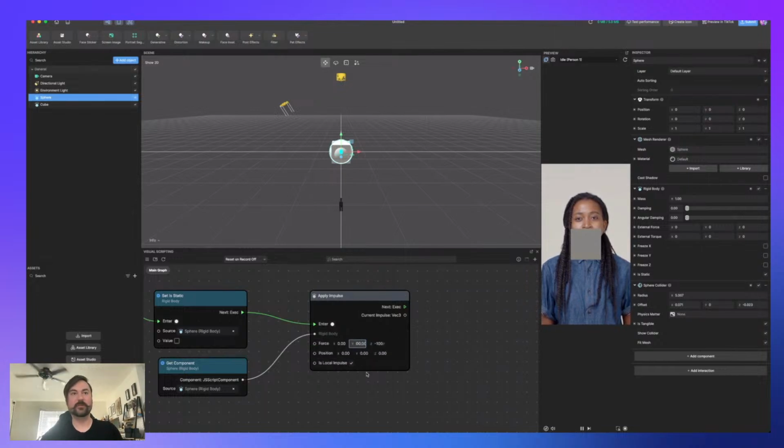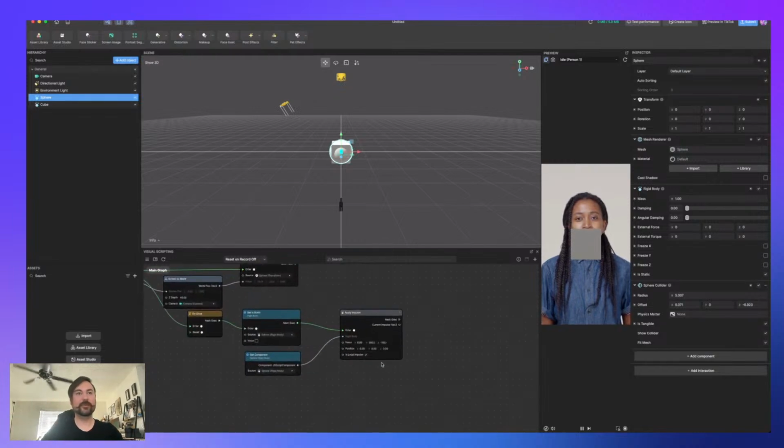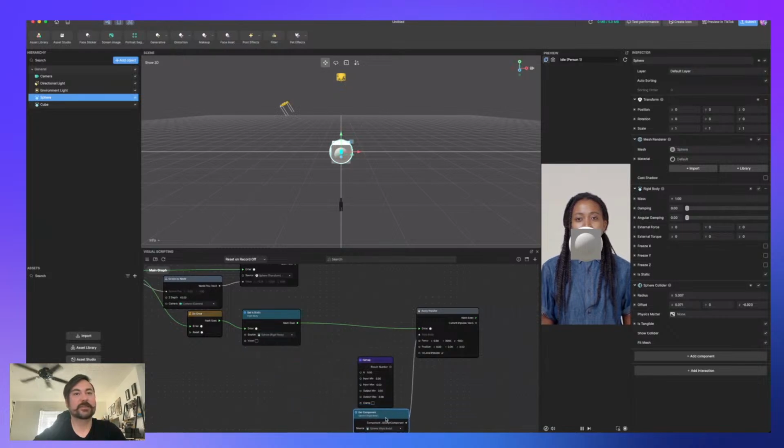So yeah, this is going to work great. Probably 1000 is too much, but this is where I would just trial and error. And if you want it to work like a slingshot, where the further you pull it back, the more power it has, there's two things you could do. You could use a remap node and do a simple cartoony version of that, or you could Google search physics equations for springs, which I think is what I did in the past for my projects with a bow and arrow. So it'll probably look pretty similar. I don't think you get too much extra by doing a very realistic physics simulation.